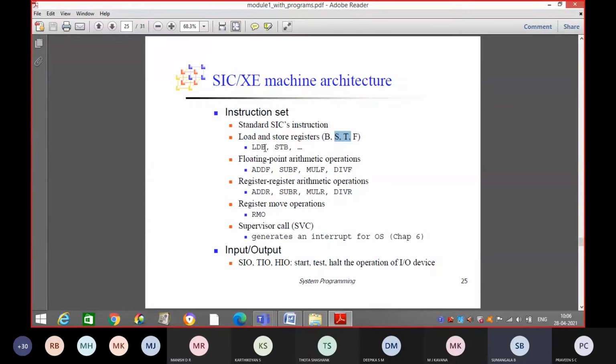Here the register is B. Whatever contents we have in a particular memory location, when we say LDB, they will be loaded onto register B. Then STB: we can store from the base register to the memory location. We can use LDB and STB instructions for the remaining registers as well.